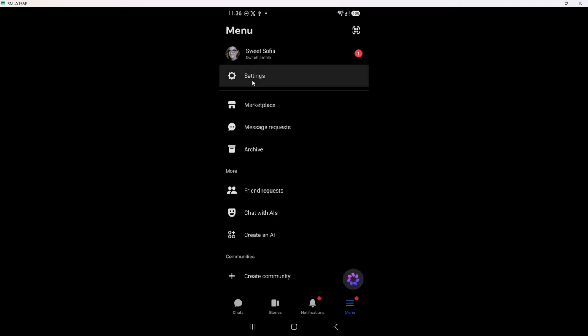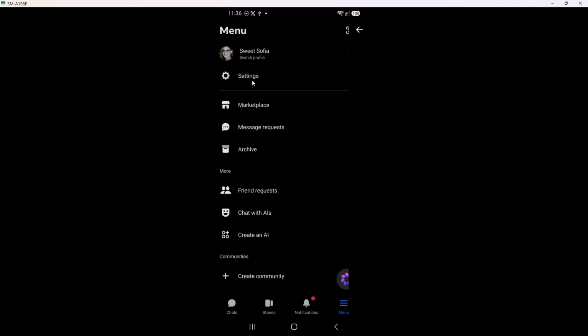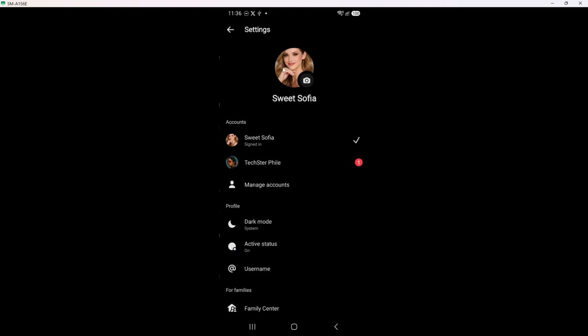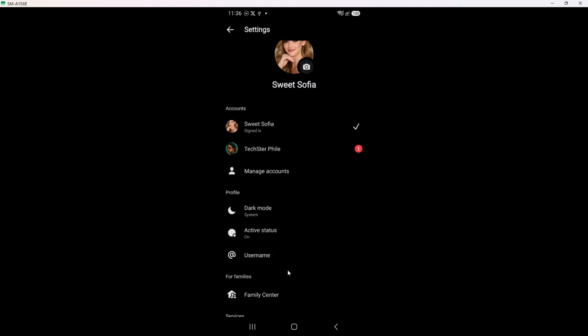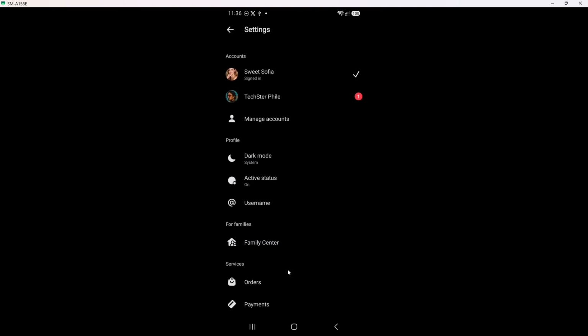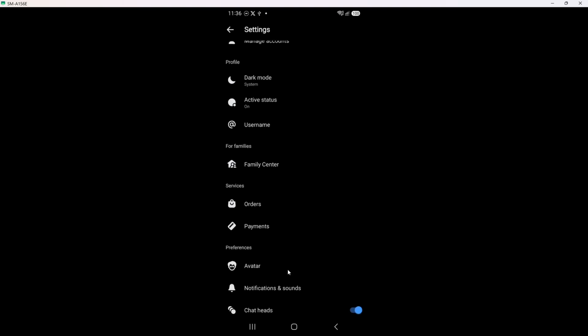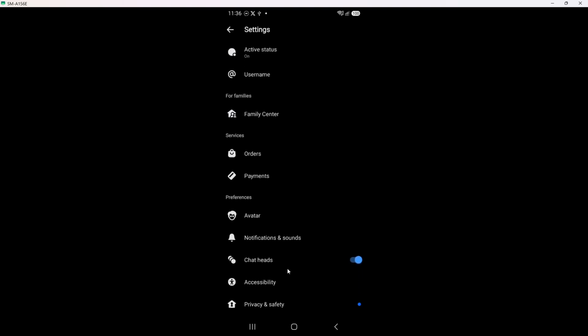From there, click Settings. On many phones, this appears near the top of the menu, often with a small gear icon next to it. After you tap Settings, Messenger switches to a screen full of different sections for your account, privacy, and app behavior. You might need to wait a brief moment while this page loads, especially on slower connections, but it should appear almost instantly.